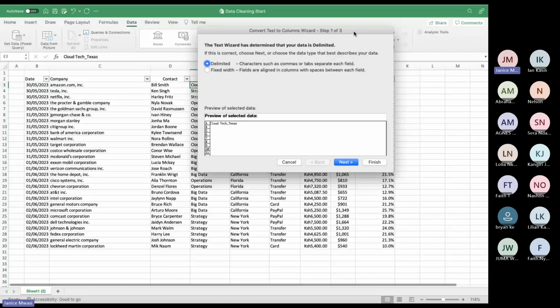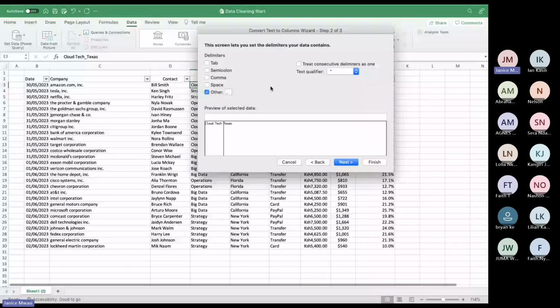Then next, there are preset options that you can select. You can use a tab, semicolon, colon, comma, space. You could also use quotation, single or double quotes, or none. In our case, we specify that we're doing this using the underscore value, and then just go to next. Then you can see how the data is split. You can see it splits the CloudTech and the Texas